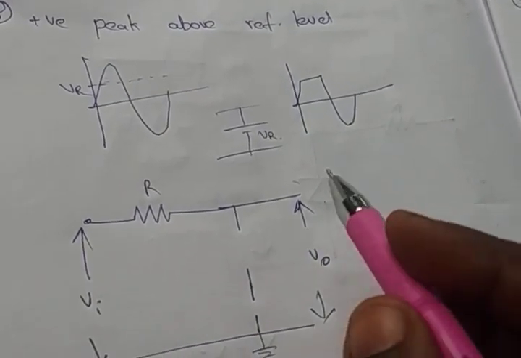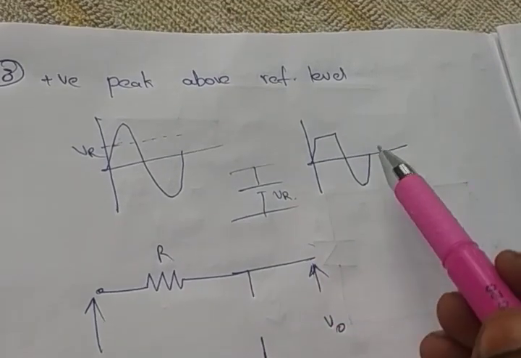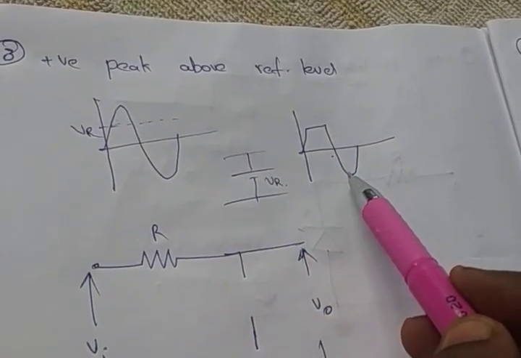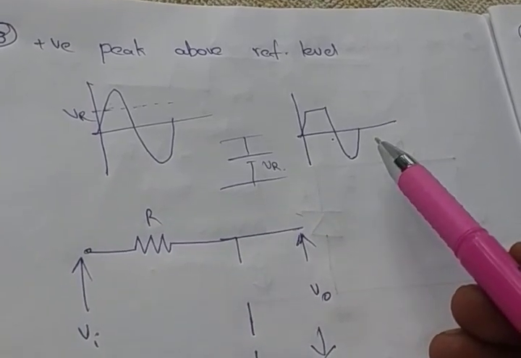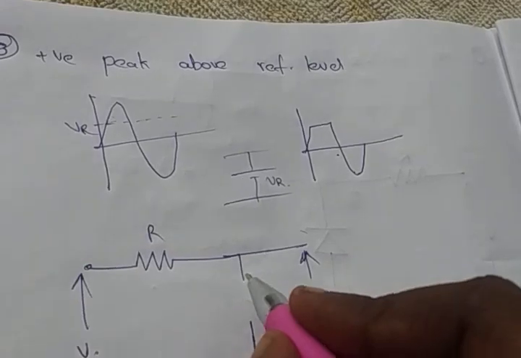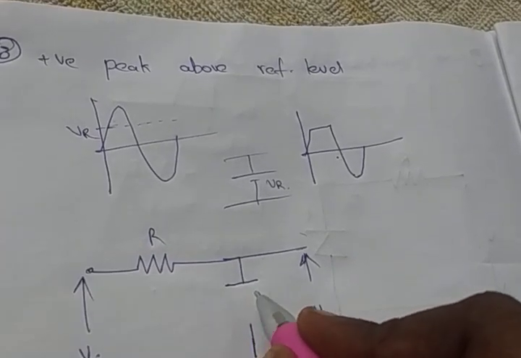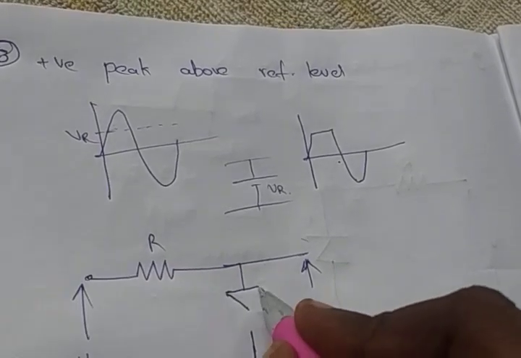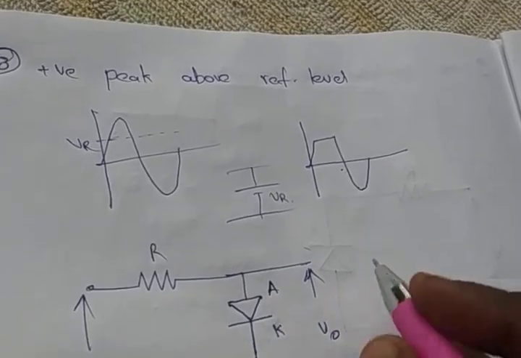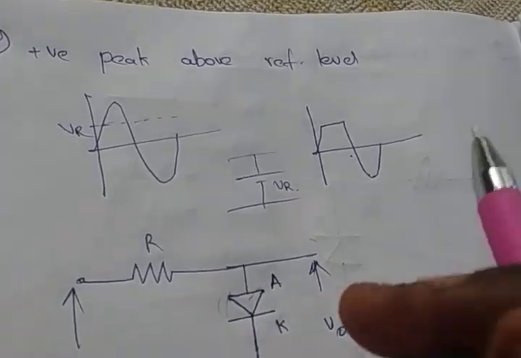So see, at the output, we get the output whenever the diode is in reverse biased condition. So here we got the negative peak, no? Negative peak means we have to connect the positive, that means the anode terminal, here. Why? Because whenever the negative peak occurs, it will be open circuited.